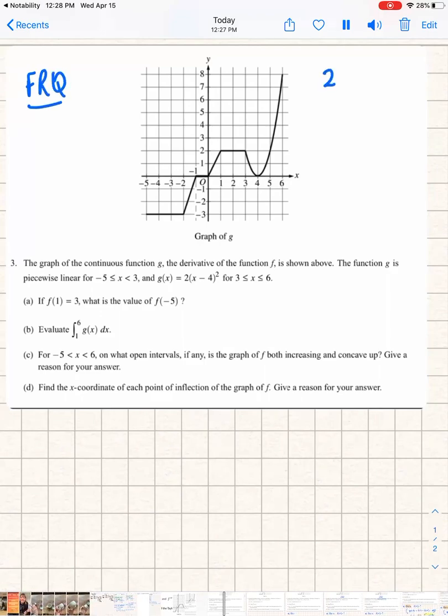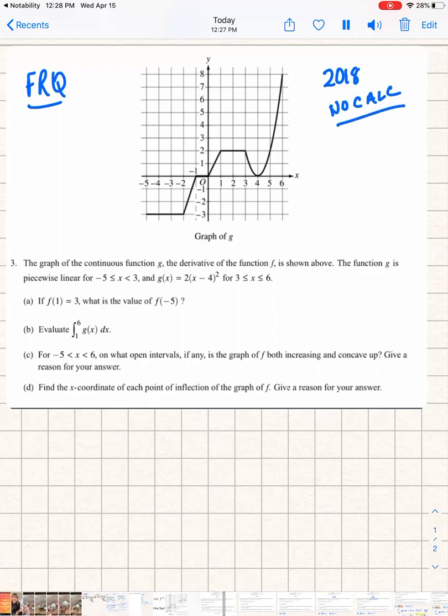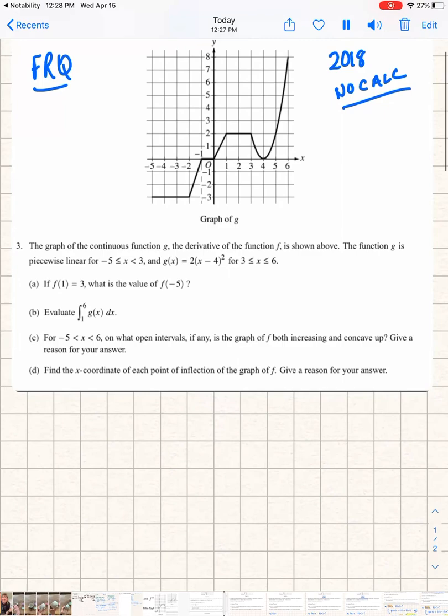This is from 2018. No calculator, which now most of the exam is no calculator. So, you could use a scientific or your phone, but you don't need it. So, they're going to give you, I'm assuming, something like this, where you